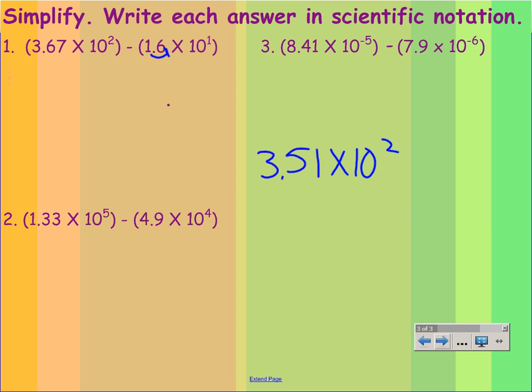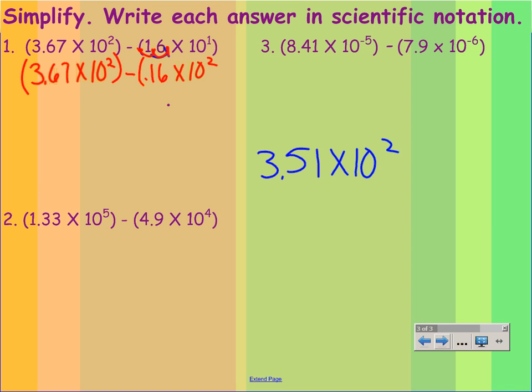So I'm going to choose to change both of the exponents to 10 to the second, so that just leaves the first one exactly as we see it. And then the second one, if the decimal is where it is right now, then I would move it one place to the right to get to this position. But if I want to change that to times 10 to the second, then instead of being in this position, it would have to be here, and then I would move it 1, 2, and that gives me 0.16 times